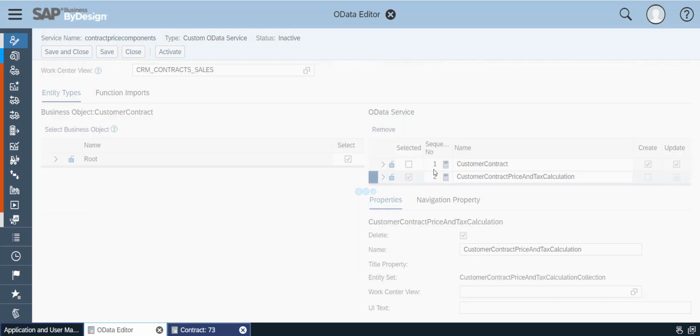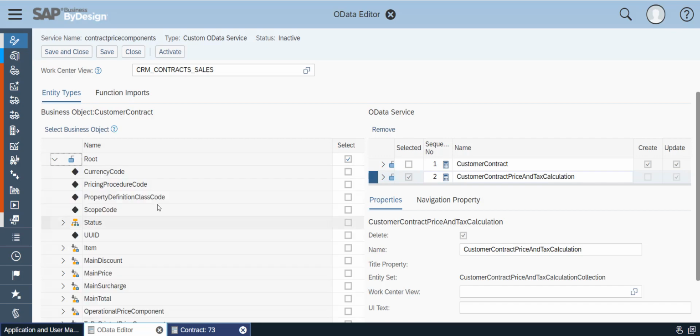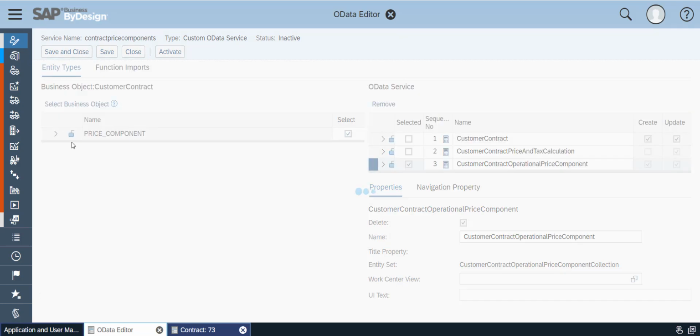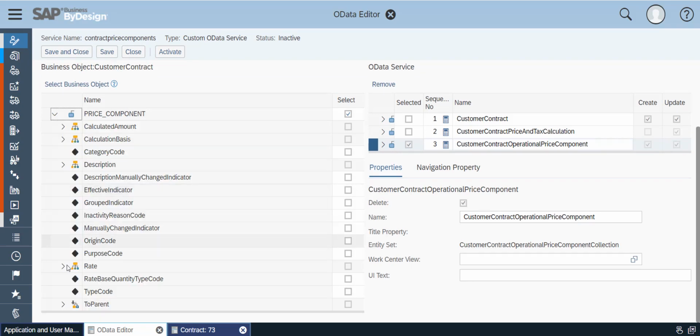So we would select an ID, and we want to influence the price components at the document level. For that, select the price and tax calculation, which creates a new separate collection. In this one, we would like to influence the document level price component, which is part of the operational price component. Select the operational price component, and here in this node we would like to